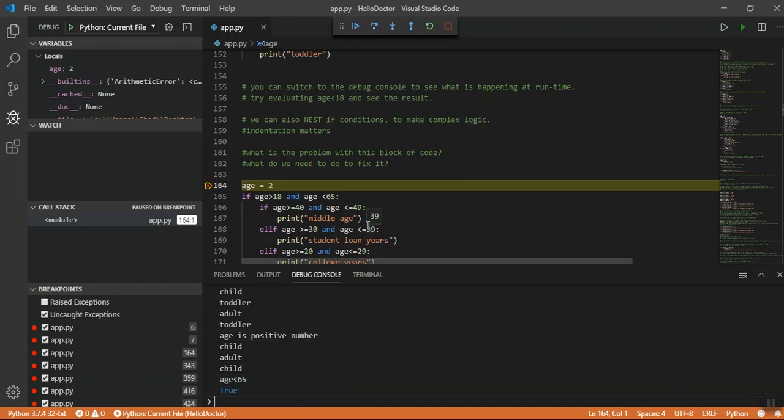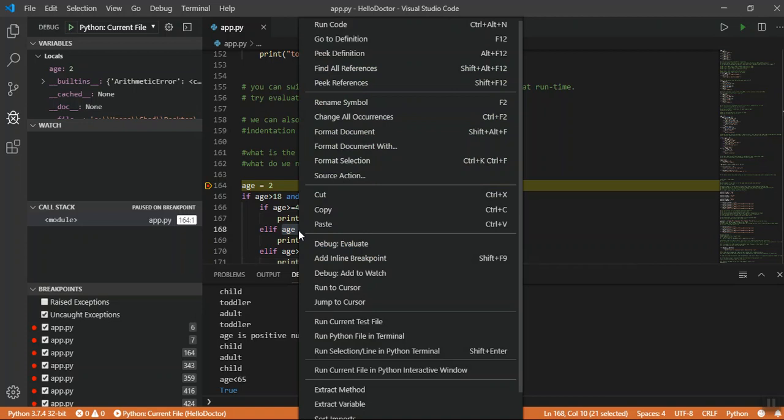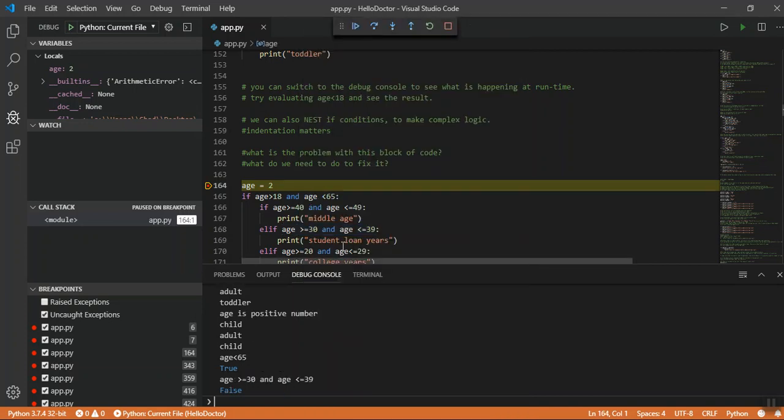Or if you don't want to do any typing, or if you want to get something more complicated like this, you're like, what's all that going to be? You can select it all with your cursor. And there, you can right click, and then, where is it? Debug evaluate. Click this debug evaluate, and it'll just copy and paste it down here for you and then execute it